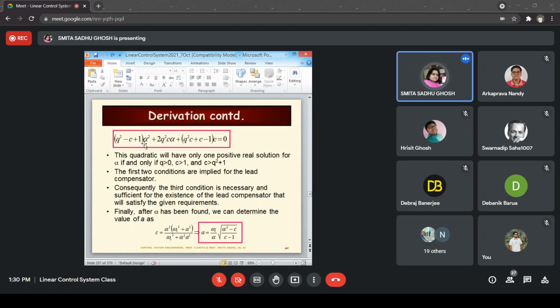So for that, you can see that the quadratic will have only one positive real solution for alpha if and only if, okay,